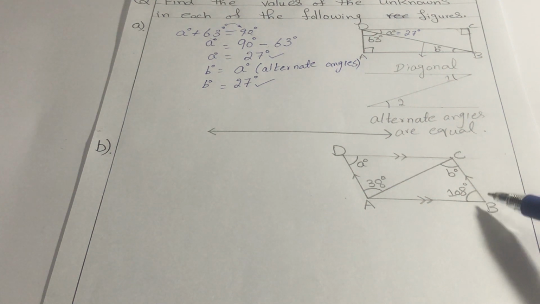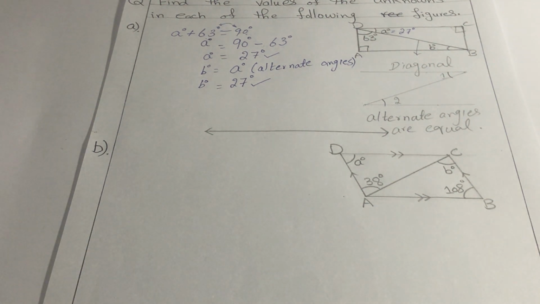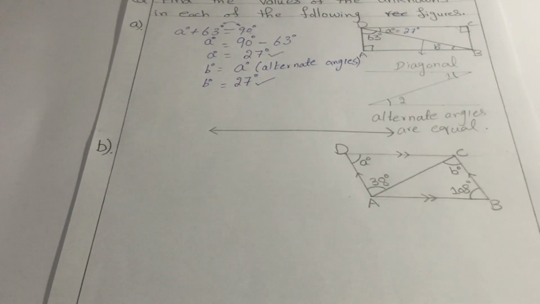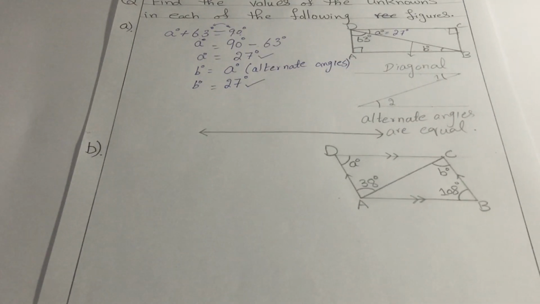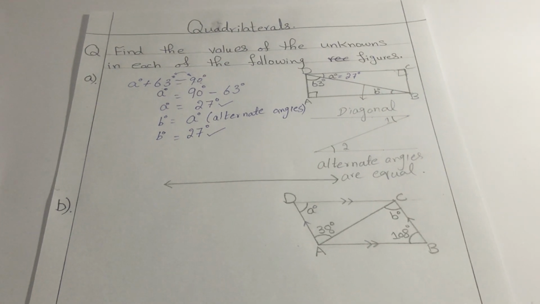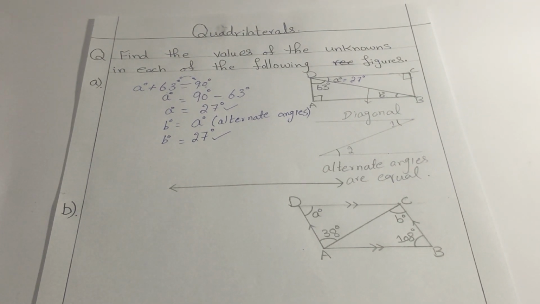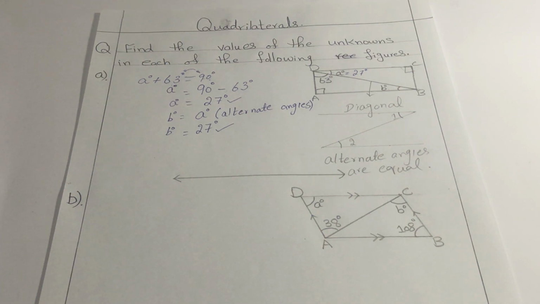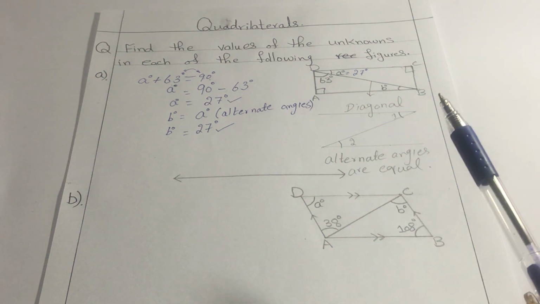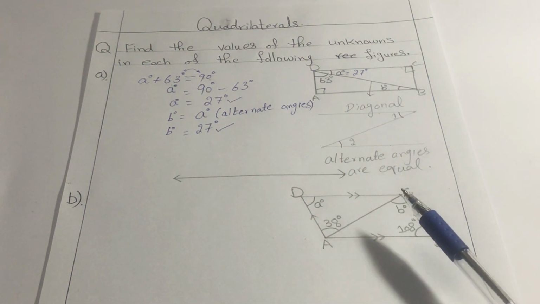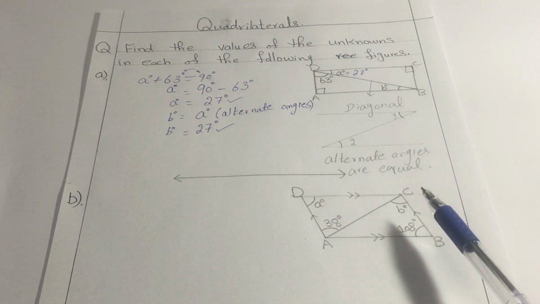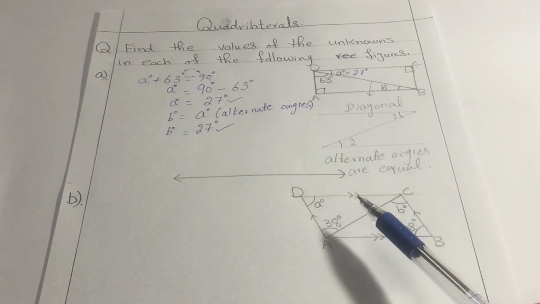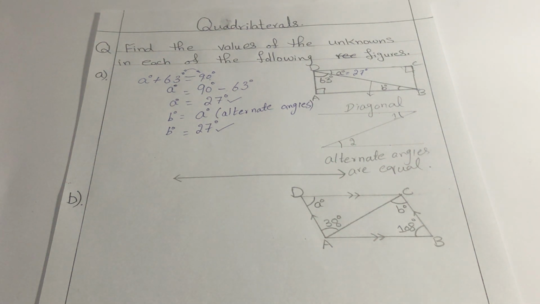Yes, it's a parallelogram. And what are the properties of a parallelogram? And what's the difference between a parallelogram and a rectangle? As we have discussed in our previous video, in a rectangle we have all four right angles and its sides are always straight. But the difference between a rectangle and a parallelogram is that you have lean sides, right? And the angles are not equal to 90 degrees, right?